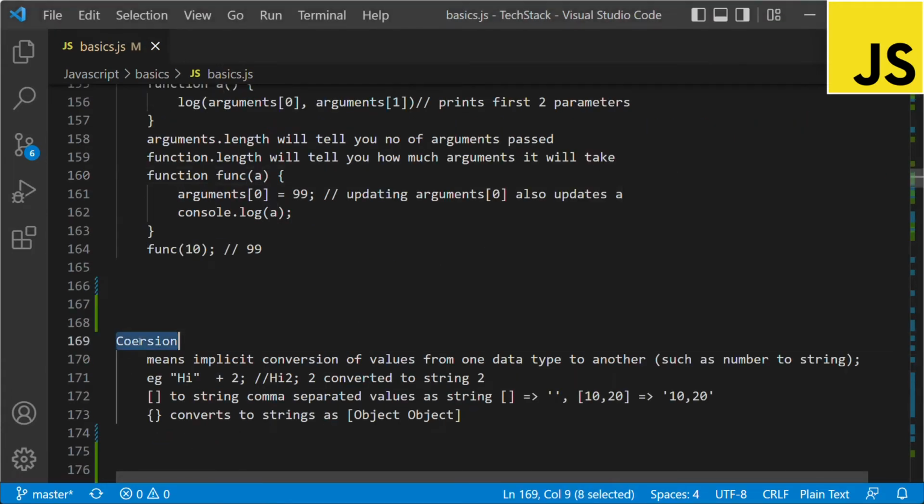Okay, then we have coercion. Coercion means implicit conversion of values from one data type to another data type, such as a number to a string. So we see here an example: the string "hi" plus 2 will output "hi2", because 2 is implicitly converted to a string. Then if we try to coerce an array,